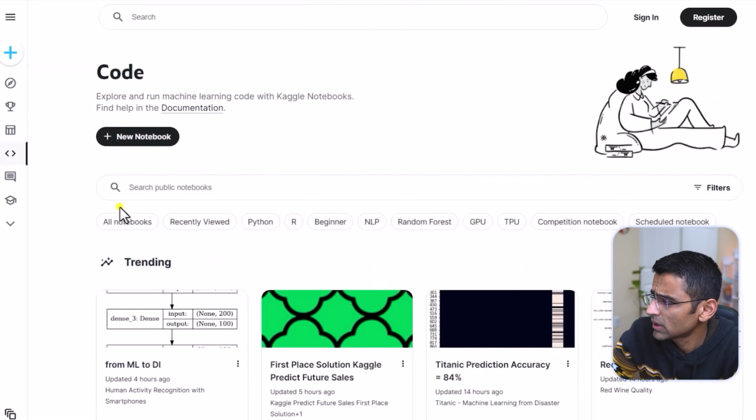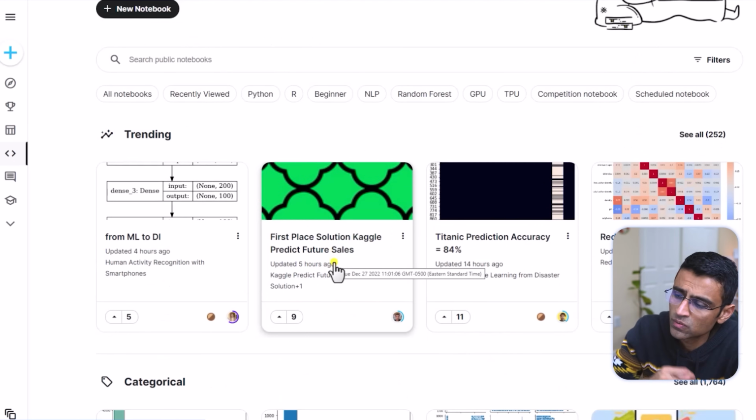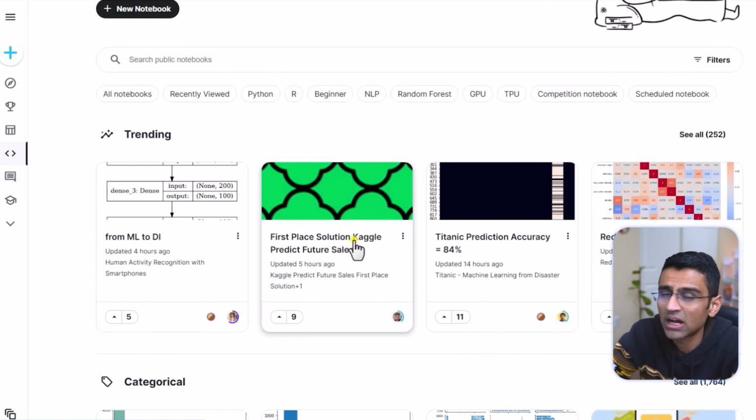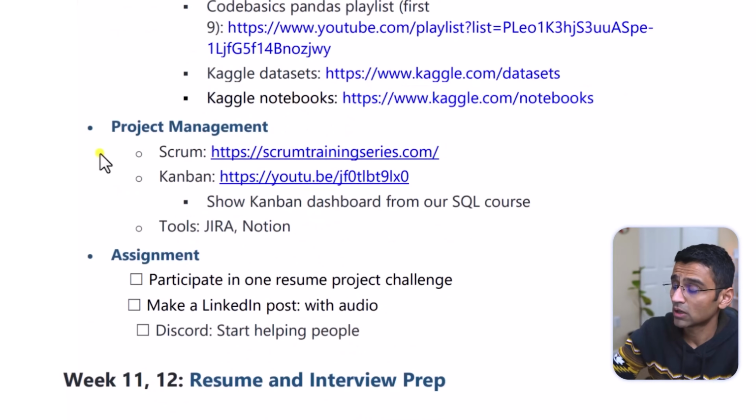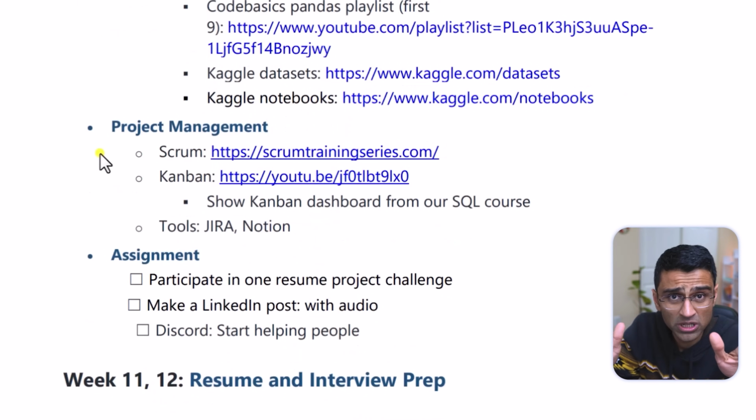And you will find so many Jupyter notebooks where most of these notebooks are using Pandas for exploratory data analysis. Now you also need to learn some project management skills. When it comes to Agile project management, there are two main methodologies being used in the industry: Scrum